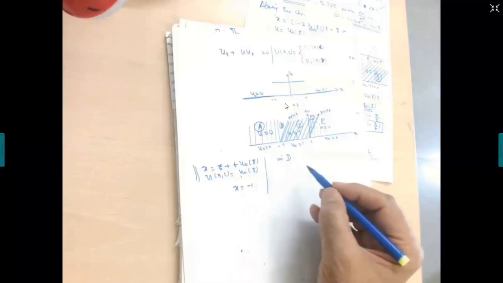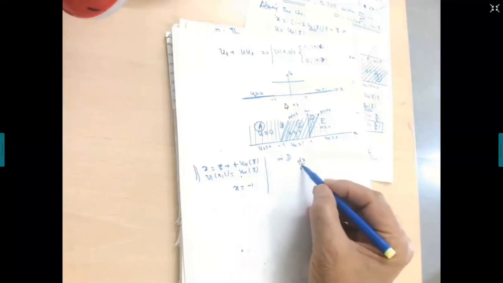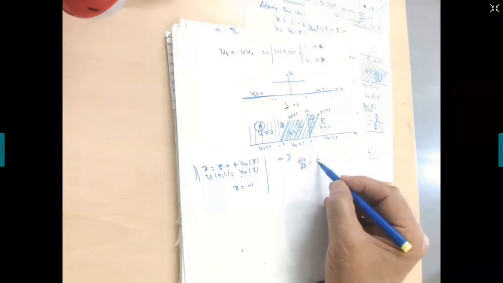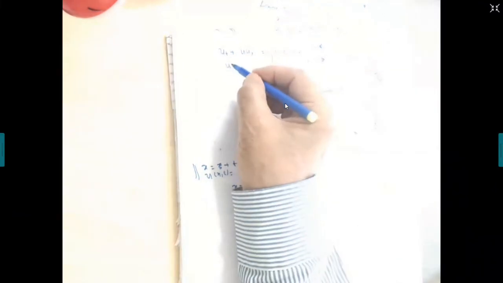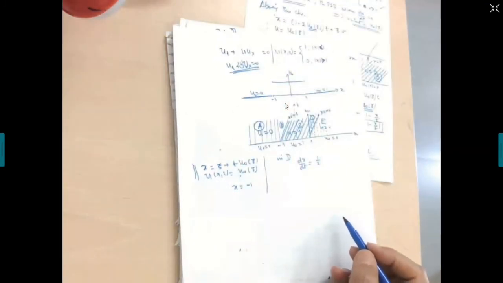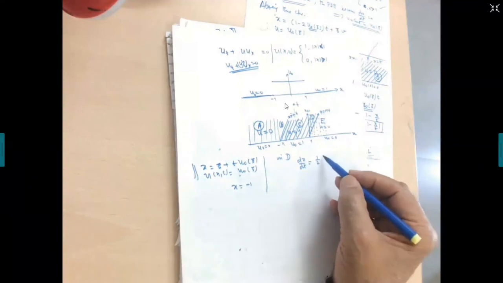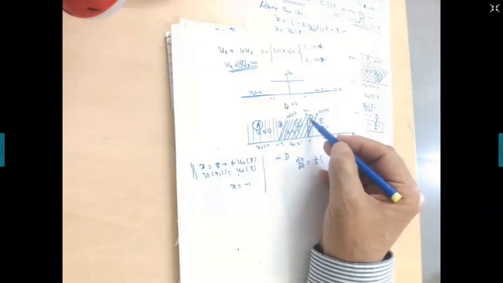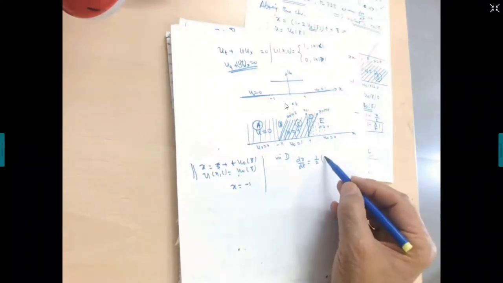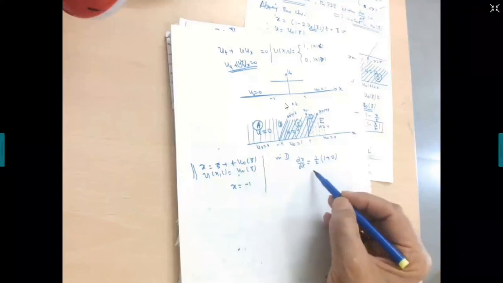dx/dt will be what? Half of u left plus u right, assuming that it is u_t plus (u squared over 2)_x is equal to 0. Assuming that this is the conservation law, the evolution of u is governed by this conservation law. So dx/dt will be what? Half of, tell me, on the left of this, what is u? u is 1 and on the right it is 0. 1 plus 0. Wonderful.